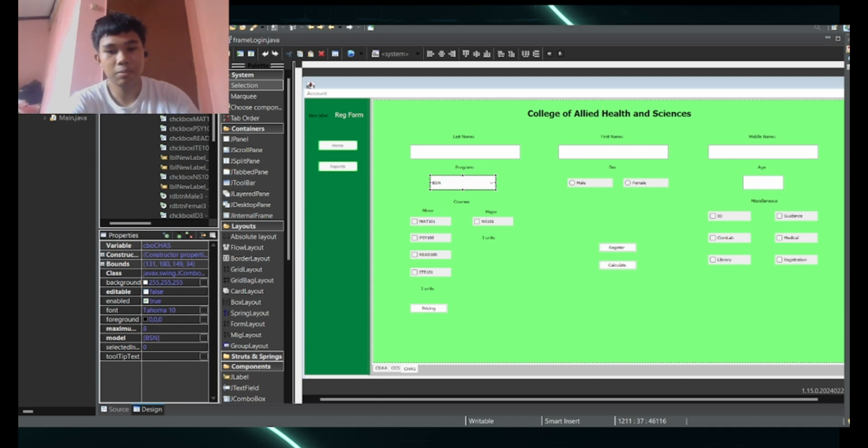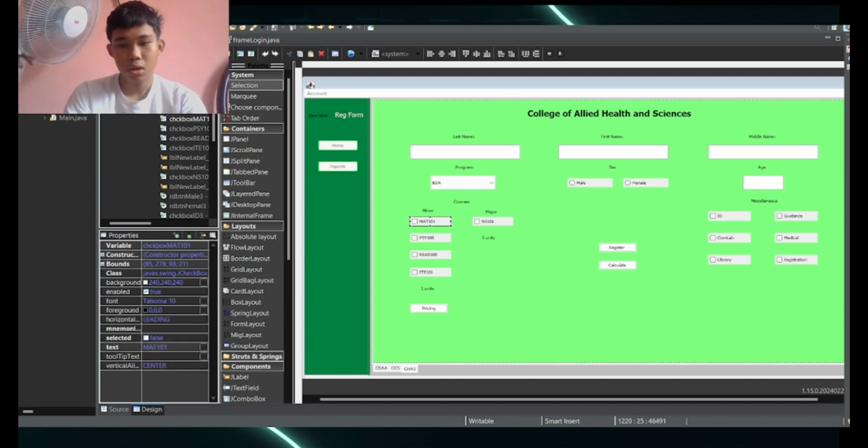Labels indicating the number of units for the courses are included, along with a button for displaying the price details and calculating the total fees. This button shows the message dialog with the relevant information. So allow me to show you.